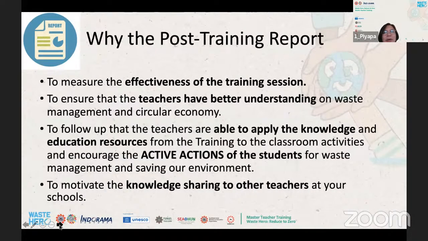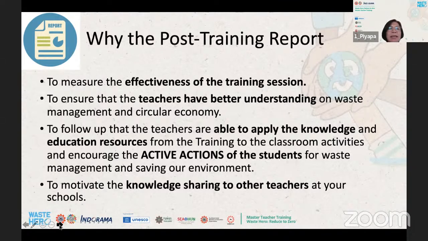So why the post-training report? Why does Simeo need this? Normally we don't need this, right? We would like to measure the effectiveness of the training session, and we want to ensure that all the trainees have a better understanding of waste management and circular economy.